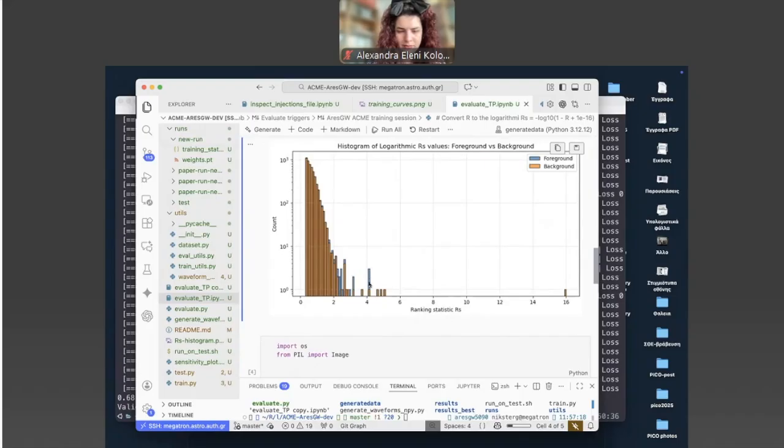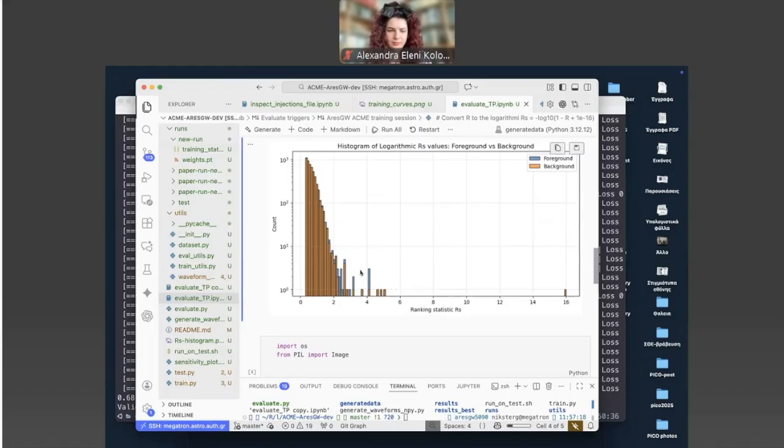So now the very few foreground signals, these blue bars, these contain signals, triggers that were identified in the foreground that were not there in the background. So in a realistic scenario, this would correspond then to real gravitational waves. Everything else is noise. And so the exact properties, if you use a very large data set, actually conform to a Poisson distribution. This is something that we can easily confirm.